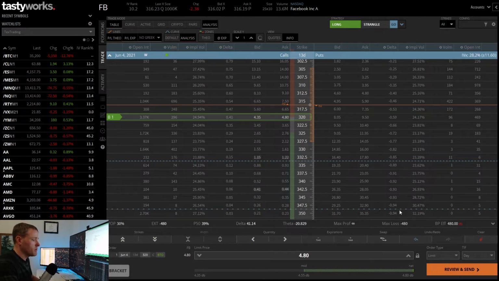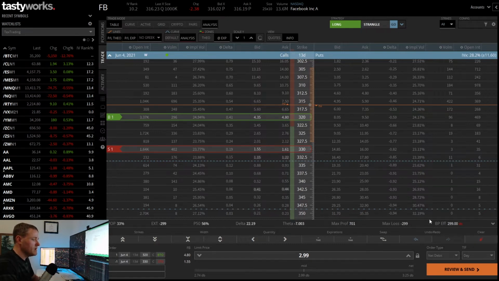However, it is going to be more expensive than if we structure it as a vertical spread. So if we come in and look at that 330 strike where we wanted to short a call, you can see that that is trading for $1.55. So if we sell that, we're going to be bringing in $155 of credit, but we are paying out $480 to buy that call here. So the difference is $299. So we reduced the cost to put this trade on from $480 to $299 by structuring it as a vertical